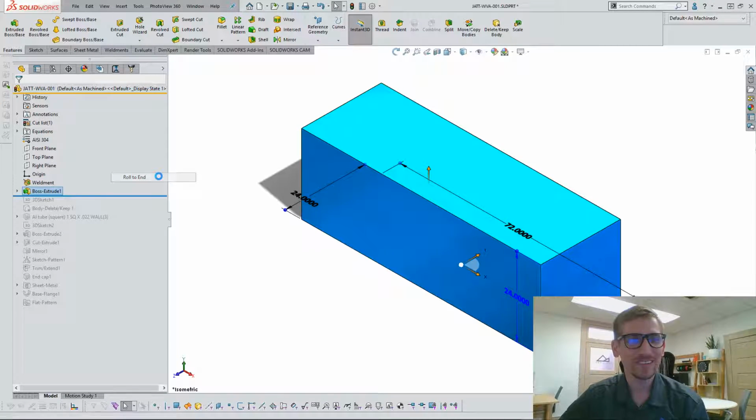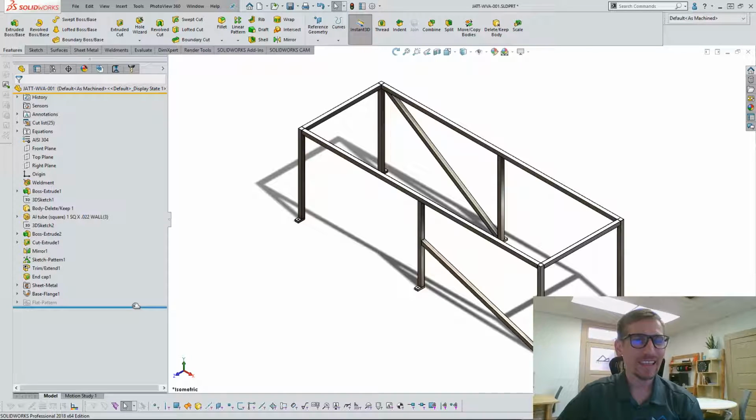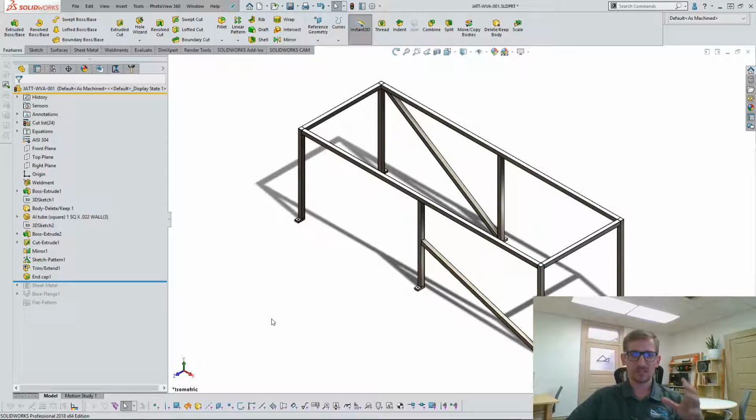All right, so let's roll this to the end here. Where I get a lot of questions regarding when do I use a weldment and when do I use an assembly is, let's say scenario A, I have a company where we have to account for every single raw material, tubing or whatever material you have, for our purchasing department to know how much they need to purchase. And